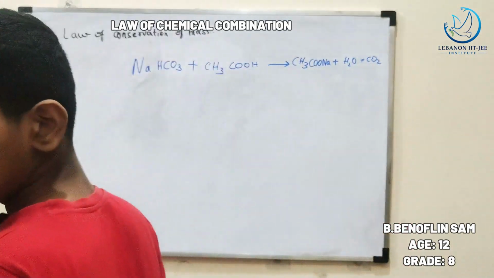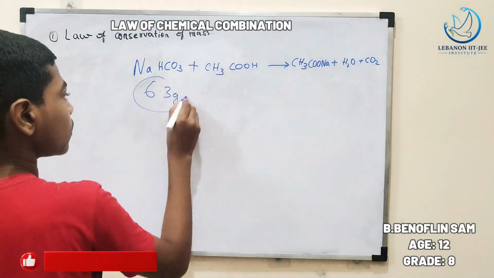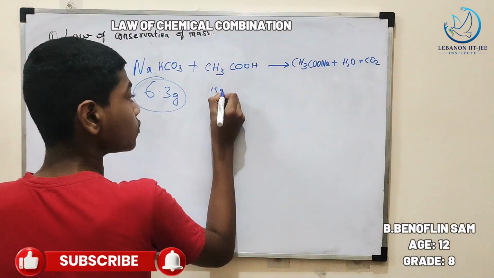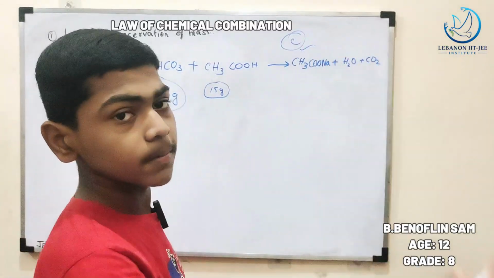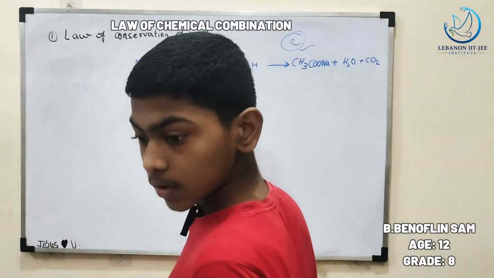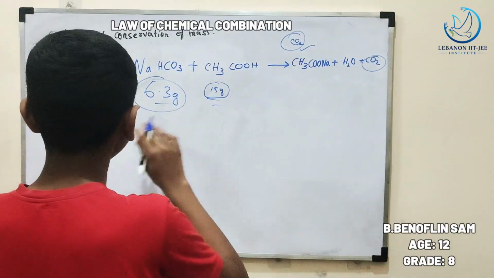The mass of the first is 6.3 gram and the second is 15 gram. They ask you to find the mass of carbon dioxide. CO2 is here only. If you add, you get